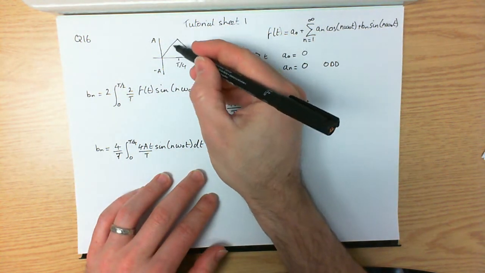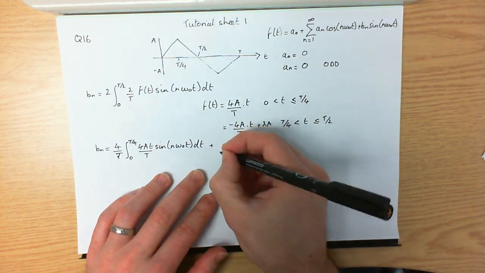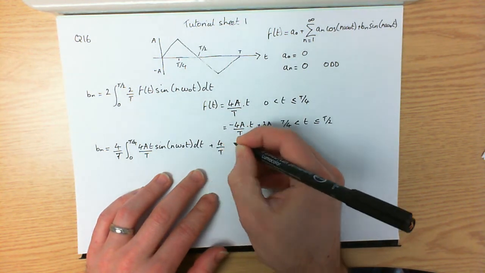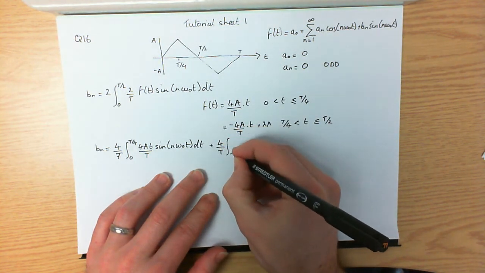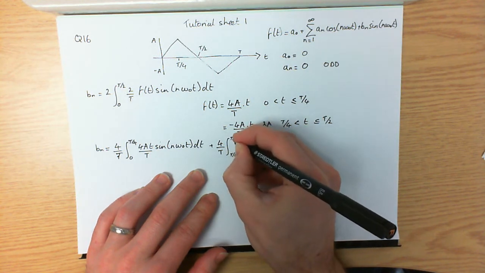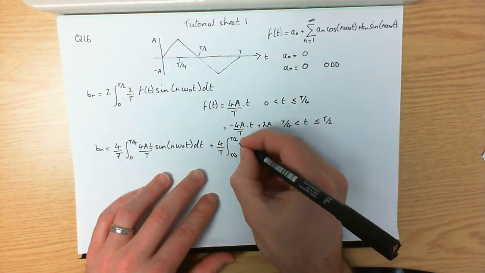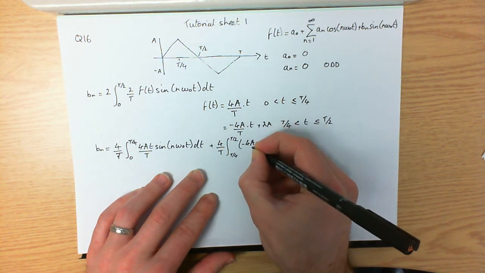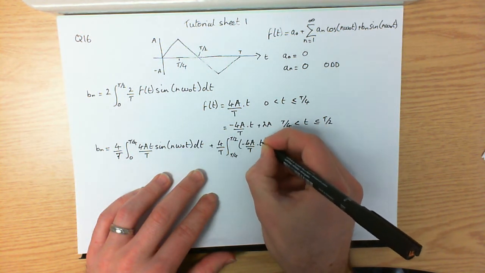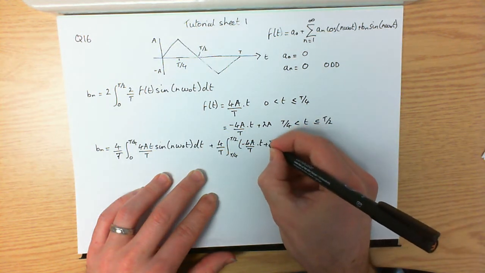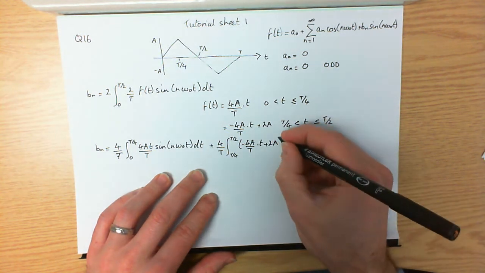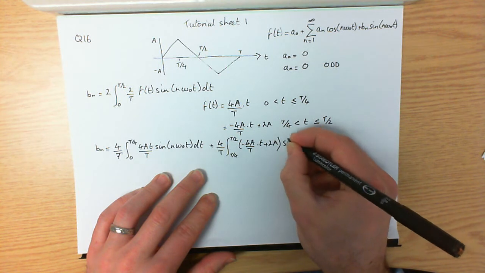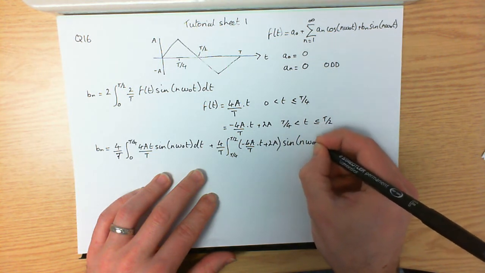So that's the first bit. Then we've got 4 over T integral from T over 4 to T over 2 of our second function, which is minus 4a over T t plus 2a, times sine n omega naught t